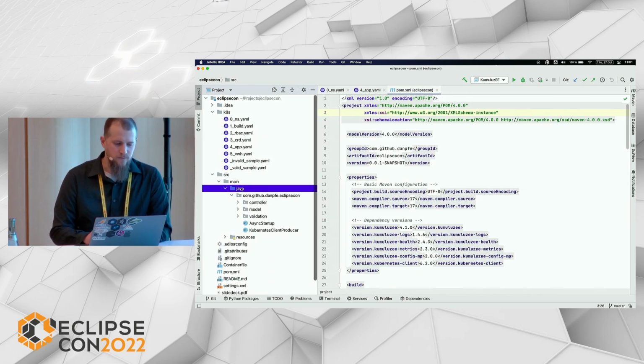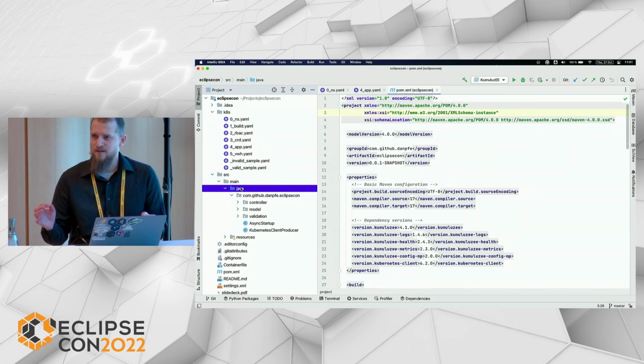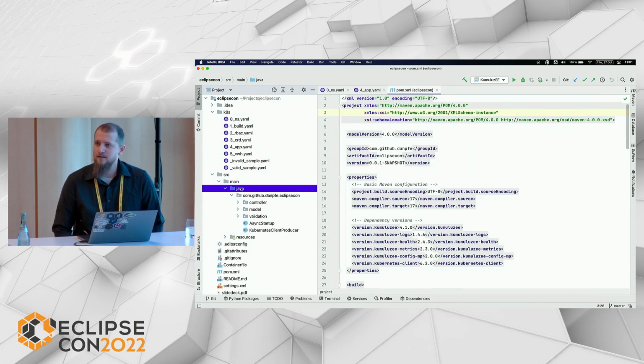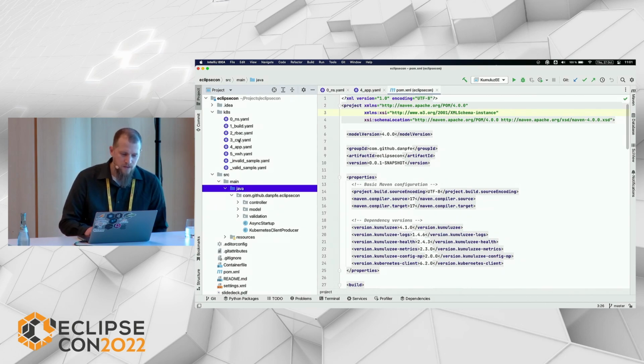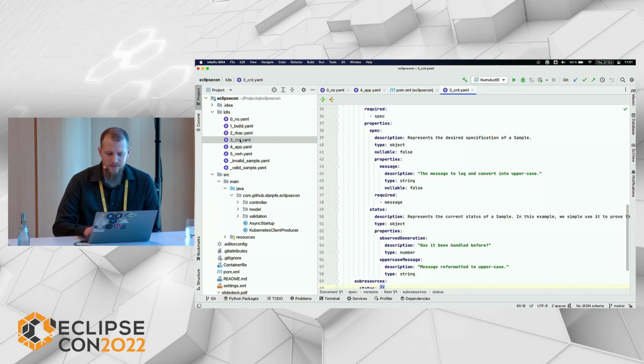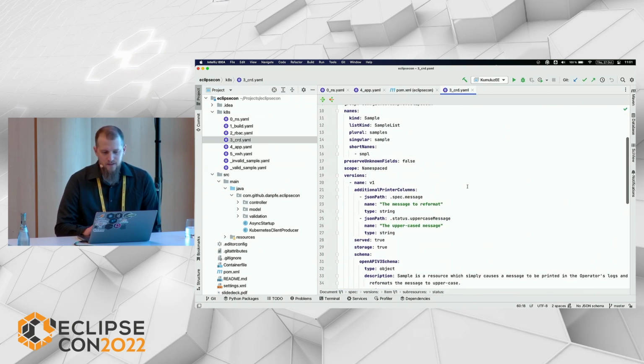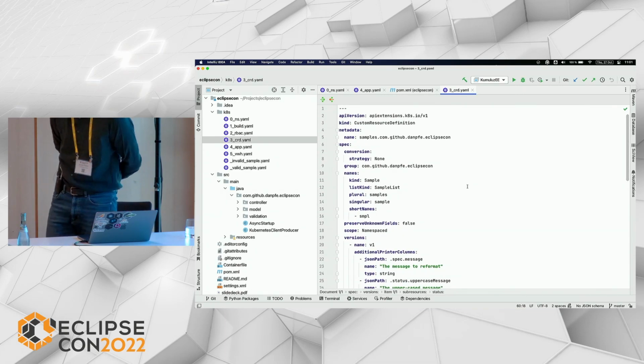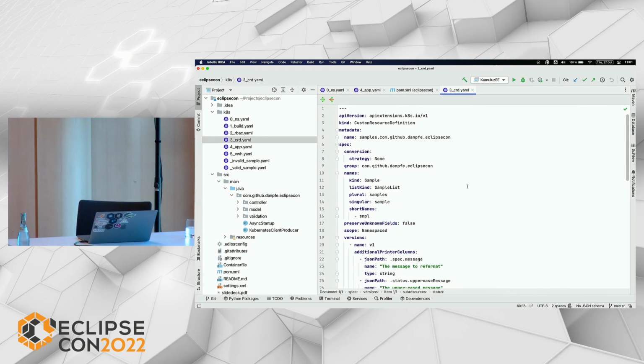So first of all, we have been talking about a couple of different things in the talk, like what an operator consists of. And I said some things are not Java or Go or anything. So let's just look at the custom resource definition here. Here we are actually adding something to Kubernetes, a custom resource. We call it sample. We have short names, SMPL.